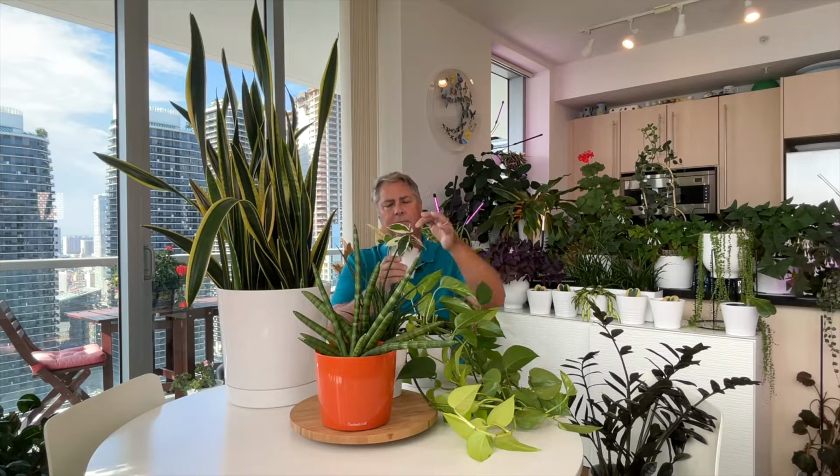They tend to get mealybugs, and they can get all in these nodes, and you can use a Q-tip dipped in alcohol and kill the mealybugs. But they're tenacious. The mealybugs are tenacious, and they get into these plants, and it almost killed our Mama, so we had to do a rescue, and that's how all these babies came about, because we didn't want to lose her, and we did a dunk